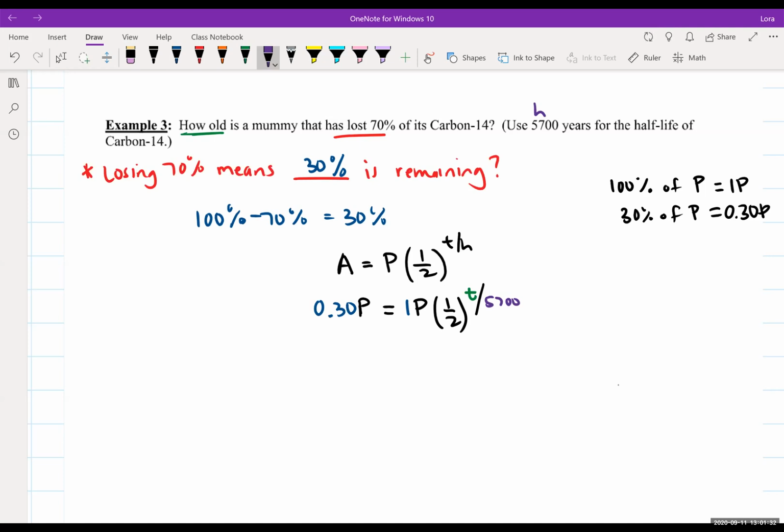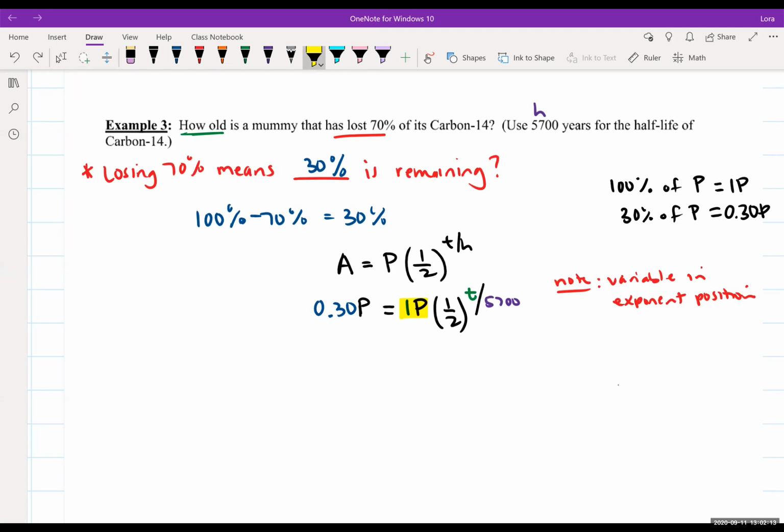Now, remember, when you're looking at this type of equation, you're going to note that the variable is located in the exponent spot, or exponent position if you want to be a little more formal. So what we have to do first before we start playing around with these exponential equations is deal with what is attached to the exponential expression, the 1P. And usually when we're trying to solve for T or anything in this exponent position,